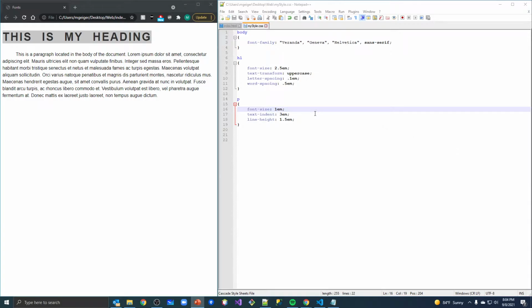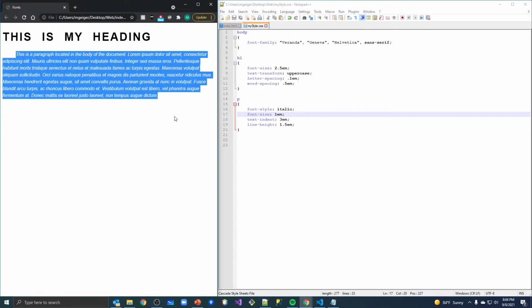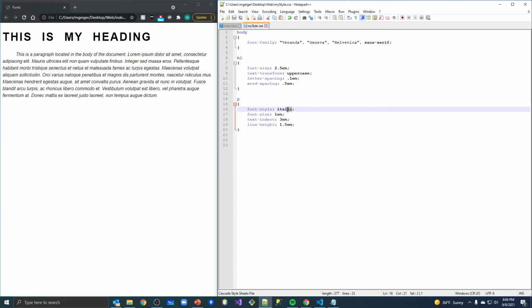Let's do font style. Font dash style, and let's set it to italic. The entire paragraph to italic. There's a bad idea, but we're going to do it anyway to see how we can set the font style on any element. And there we go. Our whole paragraph turned into italic. We can do font style. We could also do bold. Actually,